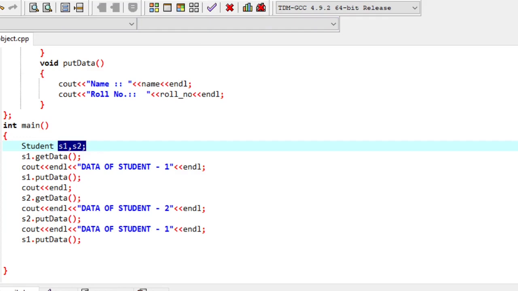So we compiled successfully. So the roll number for the first student, suppose 1 is the roll number of the first student, and the name of the student is ABC. So the data of student 1 is name ABC, roll number 1.